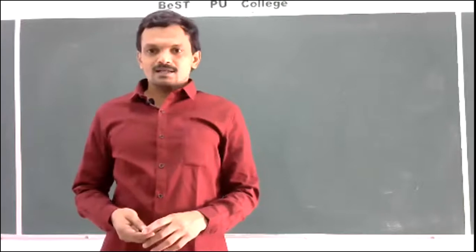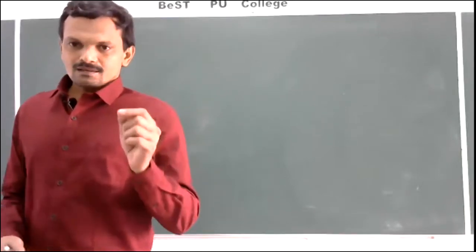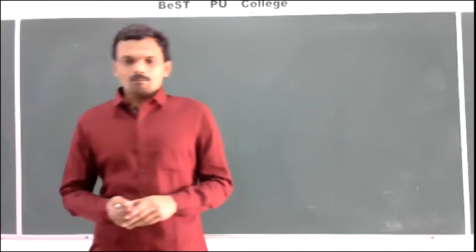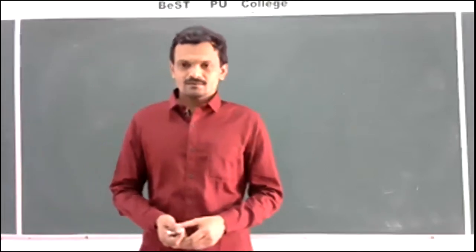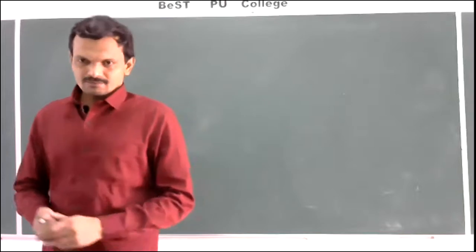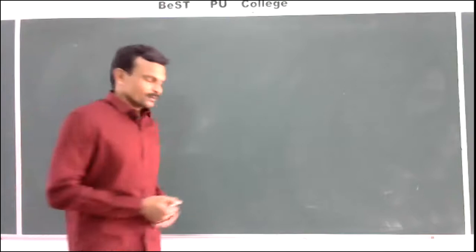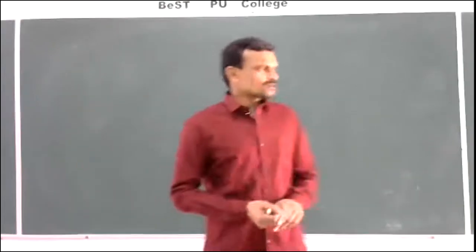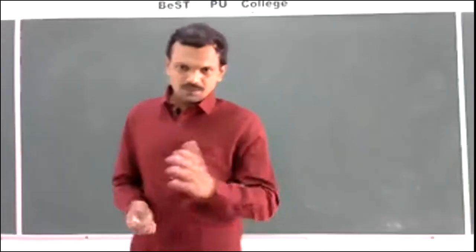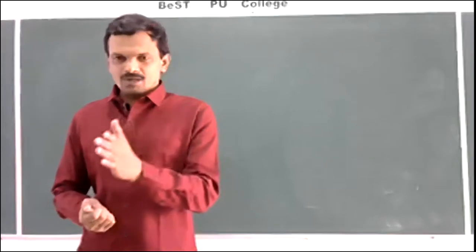So in the last class, we discussed Bohr's explanation of the hydrogen spectrum, the merits of Bohr's theory, and the demerits of Bohr's theory. Those we discussed in the last class. Now, the merits I told you. By using Bohr's theory, we can calculate the wavelength and wave number of spectral lines, which is in good agreement with experimental values.